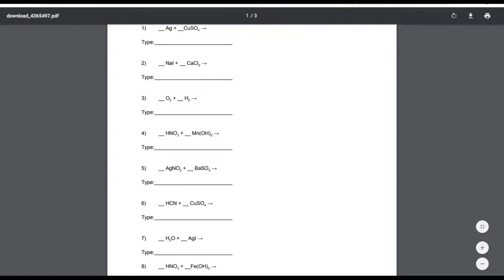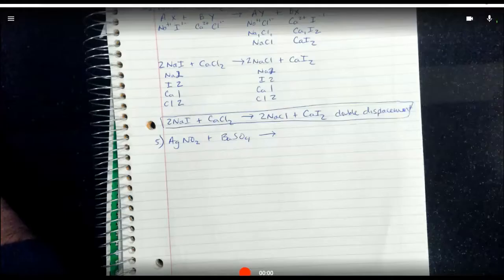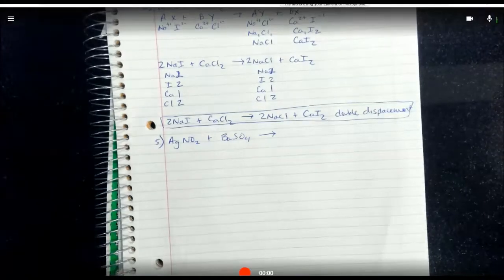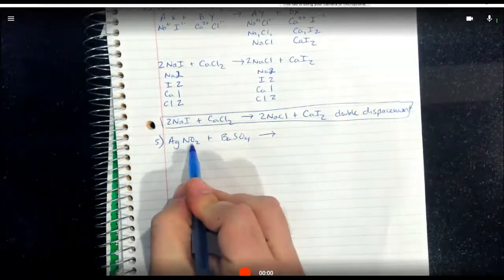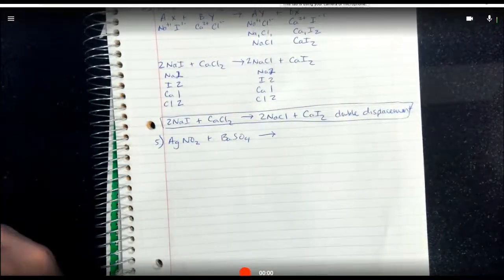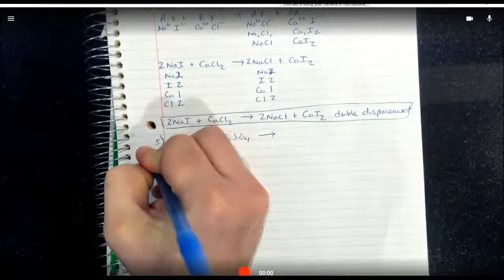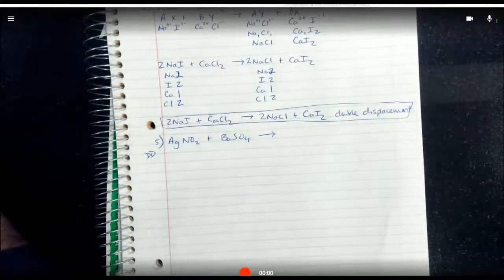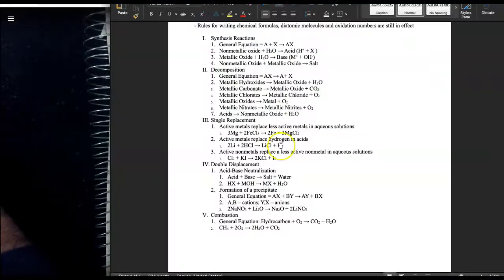AgNO2 silver nitrite plus barium sulfate. Okay, so step 1, we want to see what type of reaction we have. Well, we have a compound plus a compound. That means it's going to be a double displacement. So for double displacement, if you refer to your quick reference sheet, we have AX plus BY yields